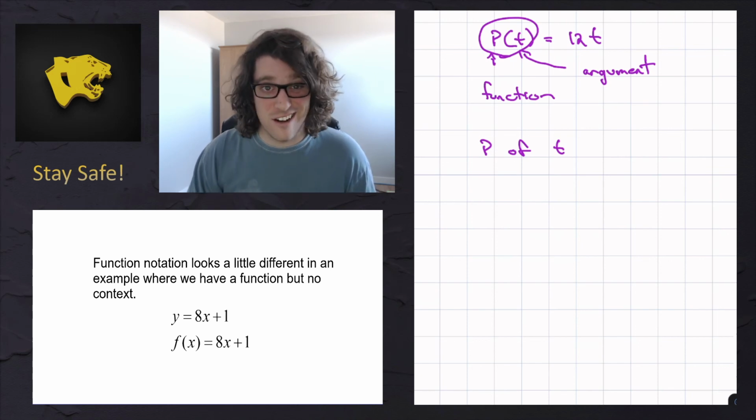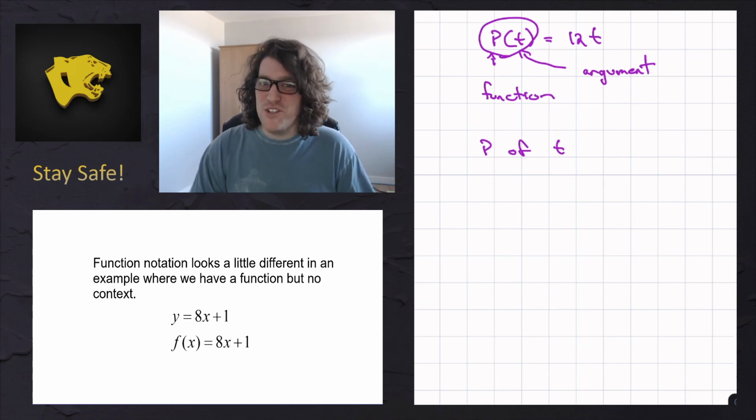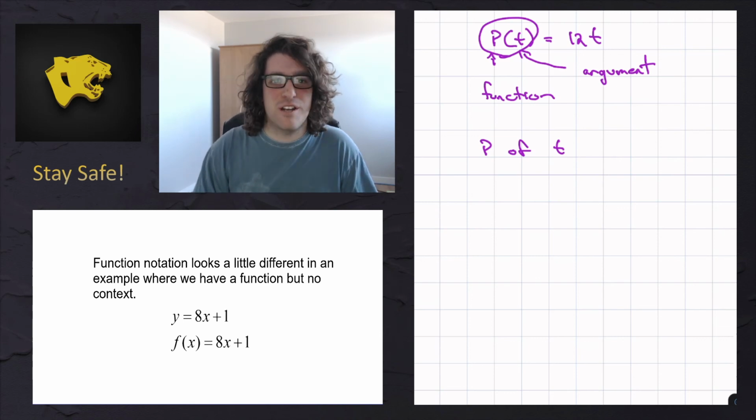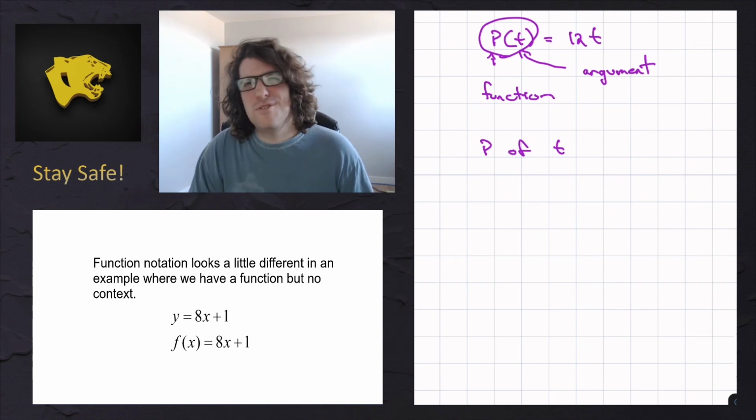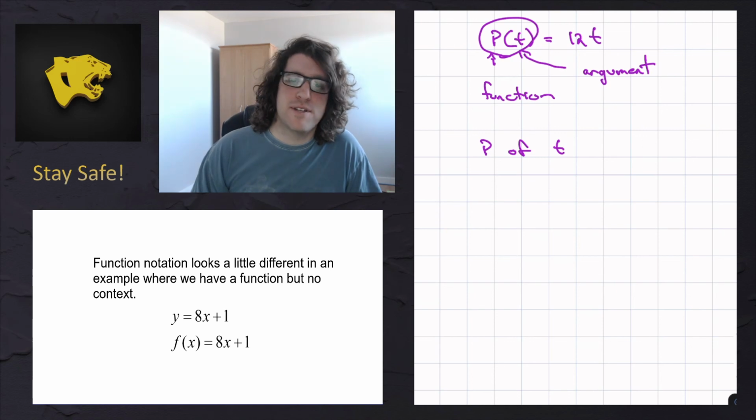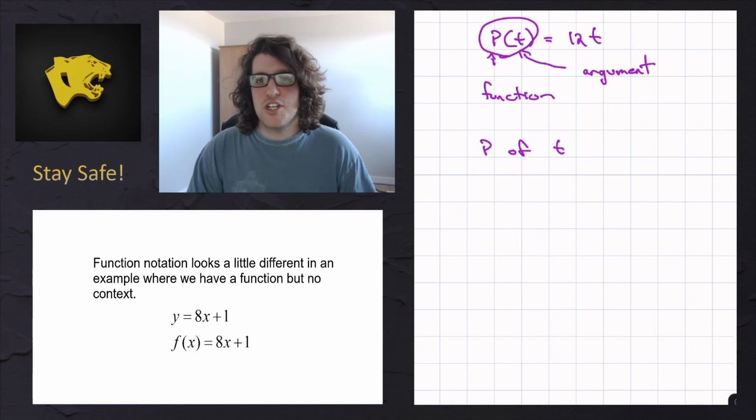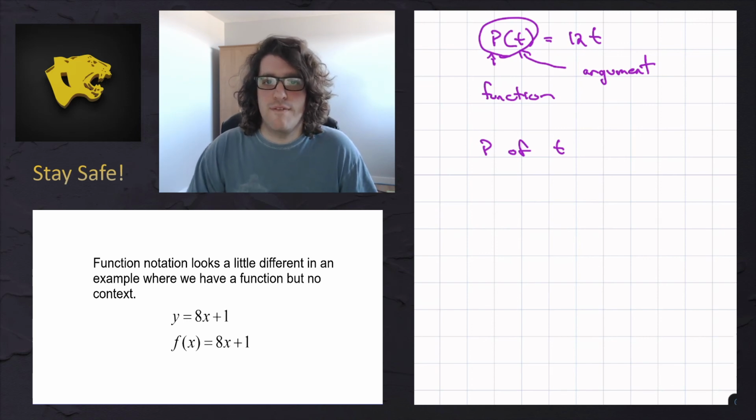This is not entirely true, but F, G, and H are kind of like your go-tos. W is used sometimes, M and N are used sometimes, but just like A, B, and C are used as really common constants, and X, Y, and Z are used as really common variables, F, G, and H are kind of your go-to